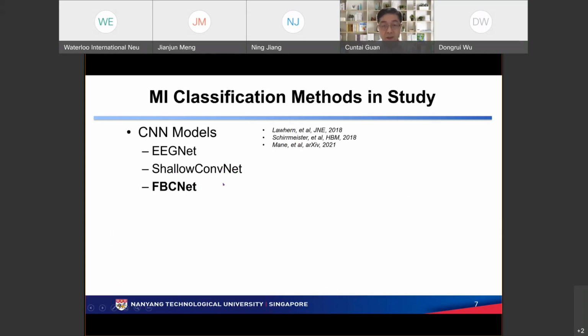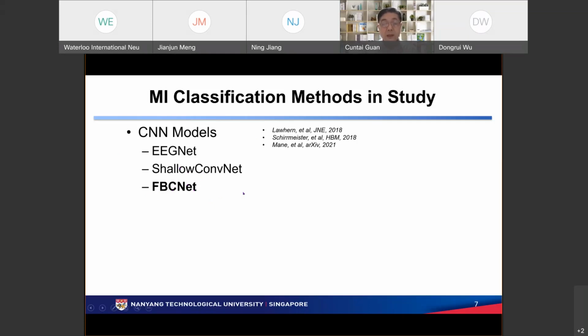Since today I only focus on subject-specific models, we don't have a large amount of data, so we only use the shallow convolutional net. For smaller data, the deep convolutional net doesn't work as well as the shallow net. And also today I will discuss a new architecture we call filter bank C, C is for convolutional. All 3 are CNN based, but with some small differences I would like to explain to you.